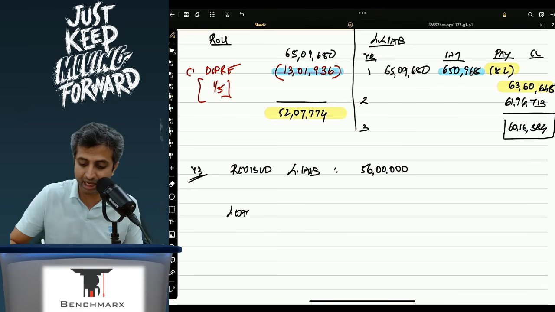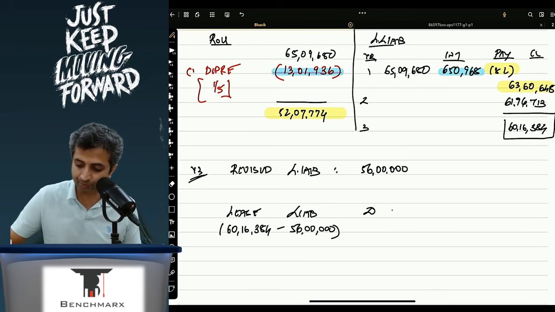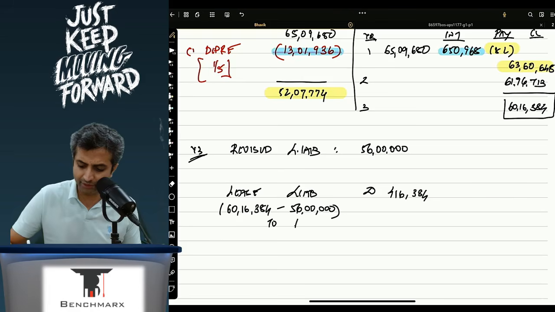So you'll say lease liability account debit. Sir, by how much will I debit this? Well, 60 lakh 16,384, which is appearing, which is now going down to 56 lakhs. So this will become, I believe, 4 lakh 16,384 to what? Well, ROU asset. To ROU asset, 4 lakh